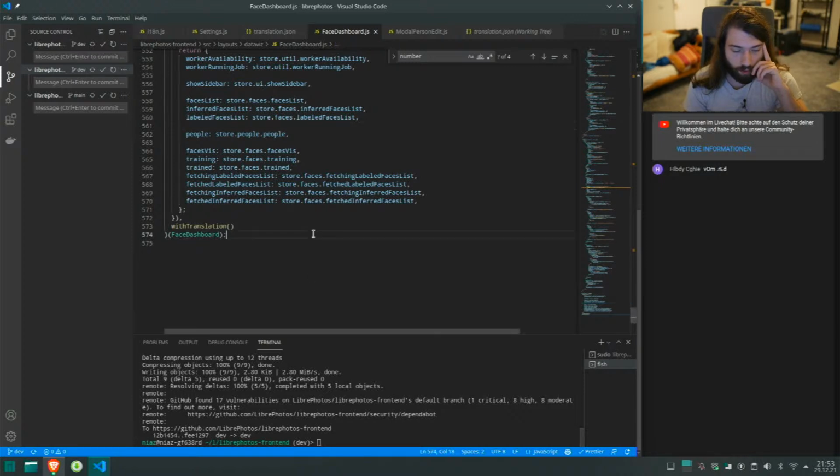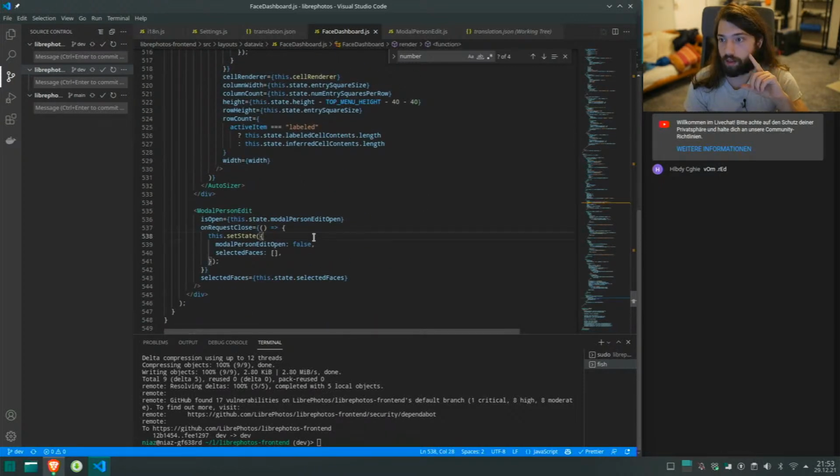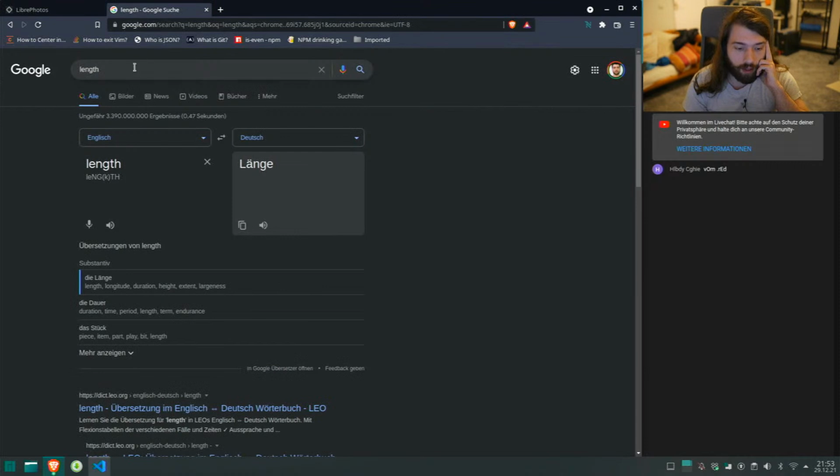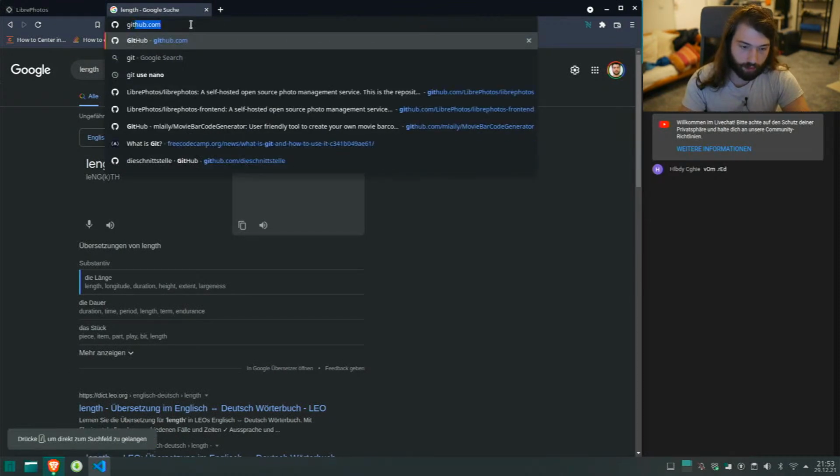another thing that we can work on is an error I got today. And it has something to do with rescan faces. So if we go to GitHub,